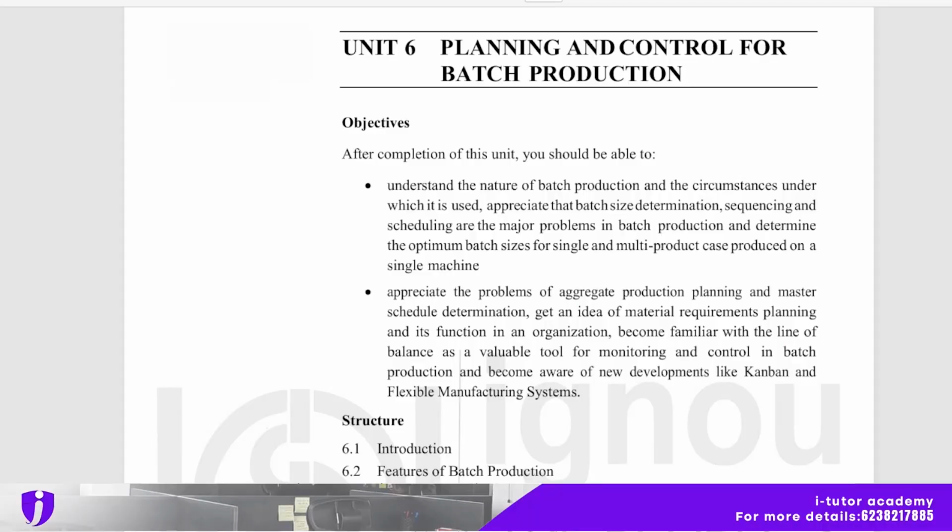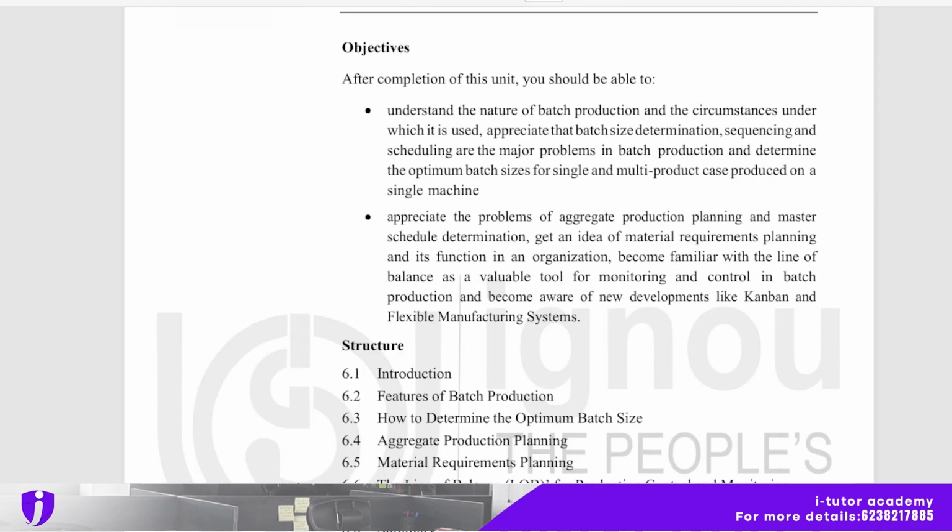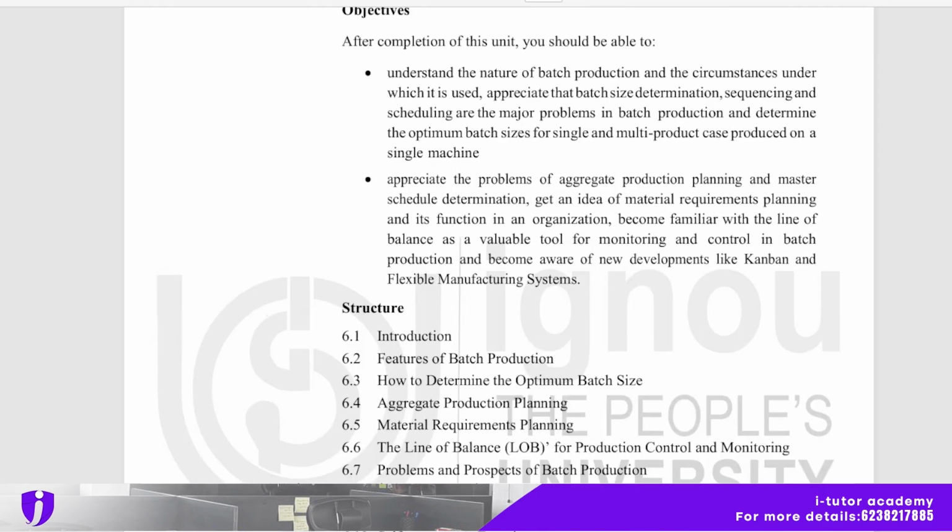Today we will discuss Unit 6 of MMPC 009, that is Planning and Control for Batch Production. And the objectives of this unit are: after completion of this unit, you should be able to understand the nature of batch production and the circumstances under which it is used, appreciate that batch size determination, sequencing and scheduling are the major problems in batch production, and determine the optimum batch size for single and multi-product case produced on single